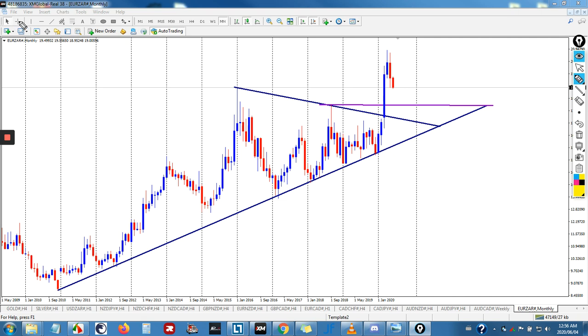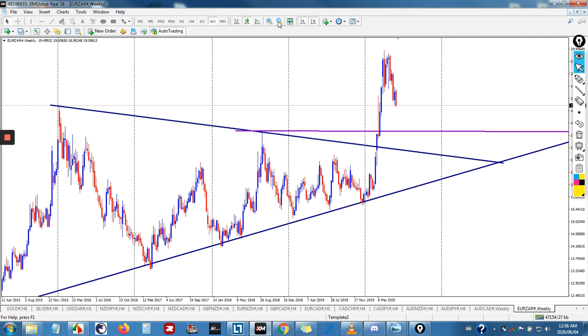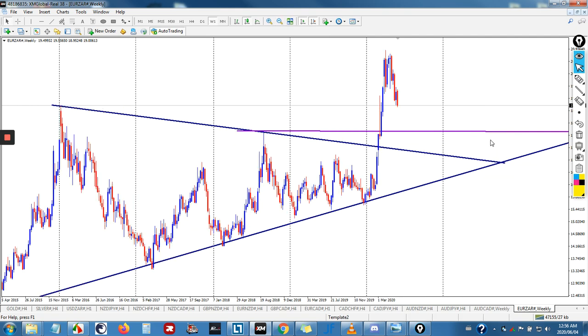So on this monthly, when we are doing the top analysis, this is all I can mark, because I like to keep a clean chart. It depends. So here on the weekly,